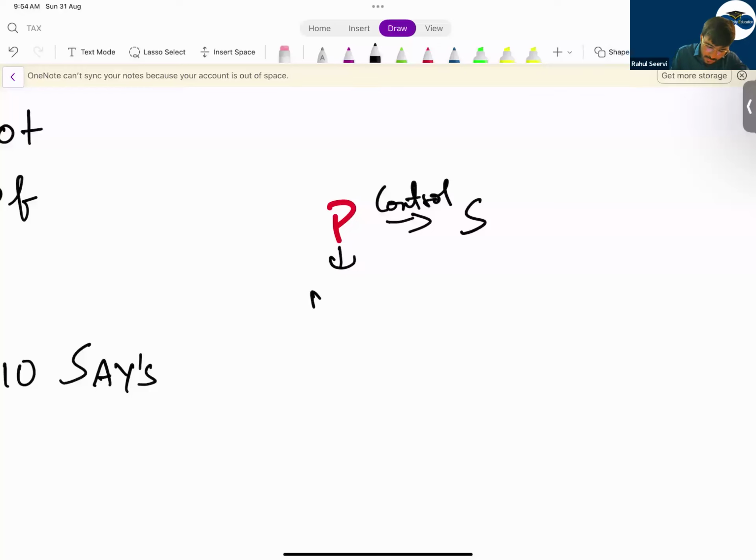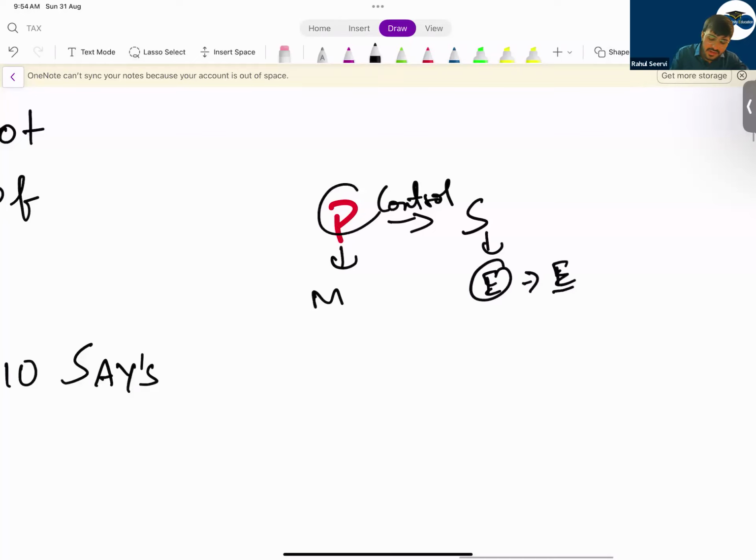But the parent company is into manufacturing business. The subsidiary is into education business, edtech. Now, this parent company will say that we will not prepare consolidation because the business line is different. Or sometimes the parent will say, okay, this subsidiary is making losses. We will not consolidate because the consolidated financial statements will take an impact. The value will be reduced or the profits in the consolidated books will be reduced. So we will not consolidate. Can the company do this? The company can never do this.